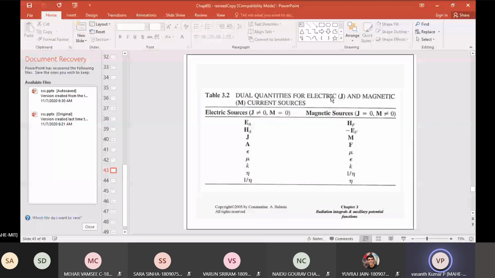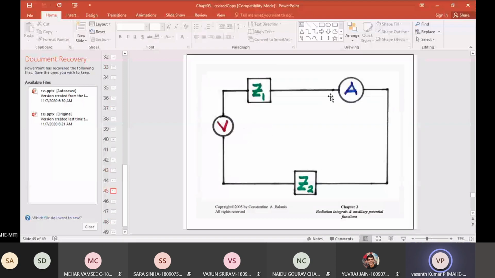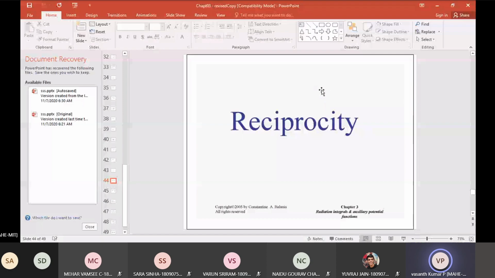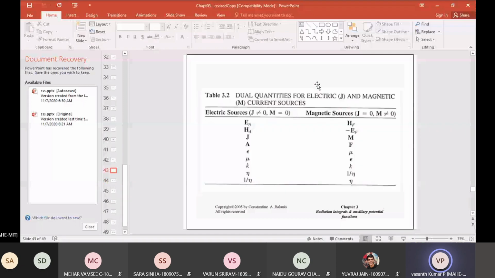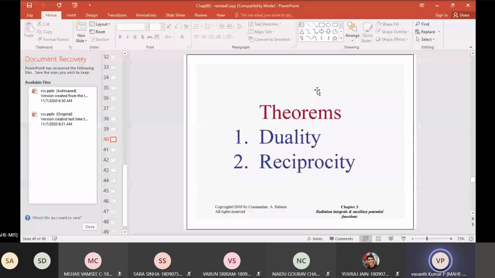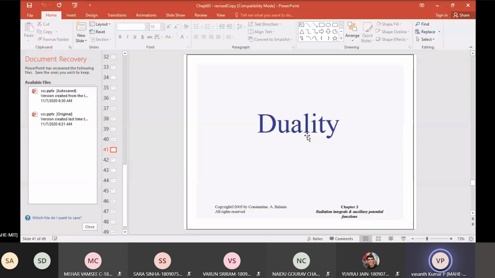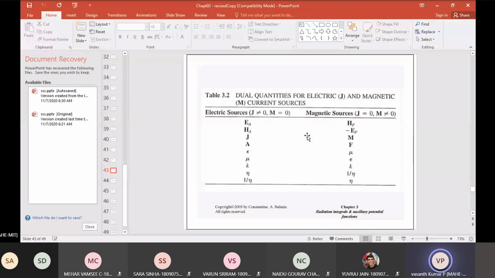I don't want to discuss the reciprocity theorem because it is not required for you. If it was an antenna course, we would have done it, but it is a course on microwave engineering. There are other topics also, so we can't spend time on this. You may be asked to write the dual equation for a given equation. An equation may be given, and you may be asked to write its dual. So you have to mug up that table, or remember it, whichever way you want to remember.